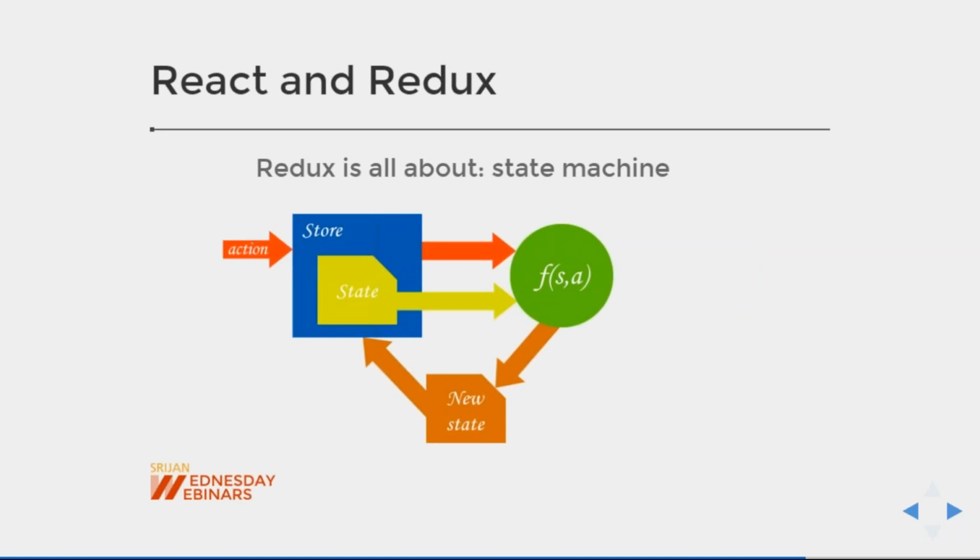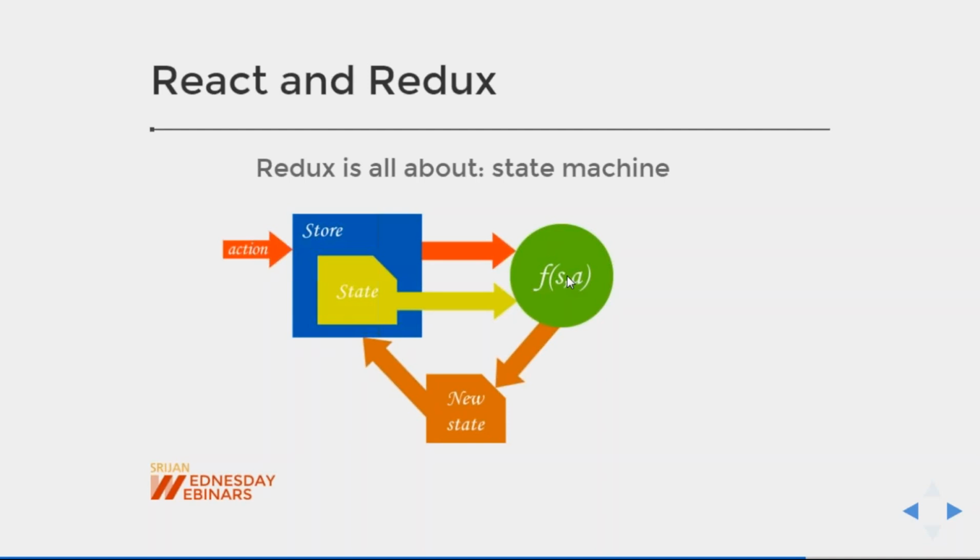There is a big store object. I will be firing some action, and there is some initial state. Let me compare it with the to-do. In the store, I have an empty to-do array. I will be firing one action equal to add to-do. So I have the initial state, which is an empty array. Now, this is the reducer function in green. It will check what your initial state is and what your action is, and based on that, it will give you the new state object.